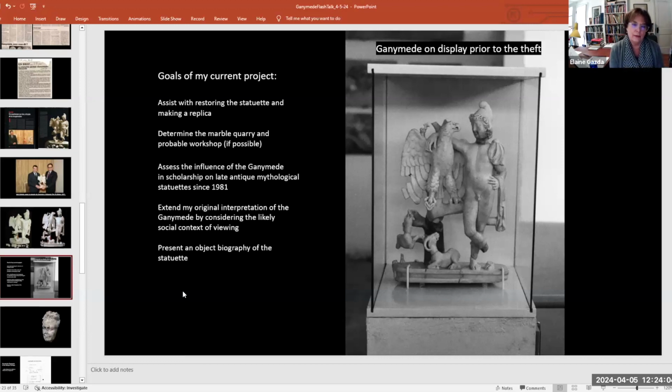And then my article that I'm writing now assesses the influence that the Ganymede has had in scholarship on late antique mythological statuettes since 1981. And I'm very happy to say that one of our archaeology PhDs, Leah Sterling, who's at the University of Manitoba, did a dissertation on similar statuettes and really established the genre of these late mythological statuettes, as they have come to be called, in the repertoire of late antique art. And she's had a lot of recognition for this, and many other scholars, well, in my opinion, maybe not so many, but the few who study late antique art specifically have continued that work and enlarged the corpus even further. So that's very exciting. Then I want to move on